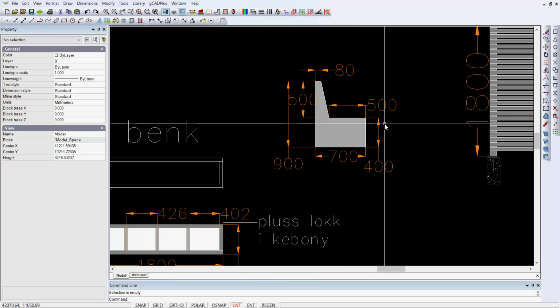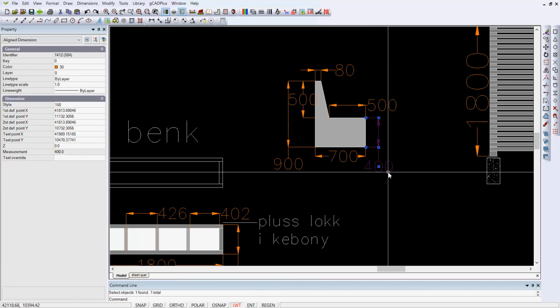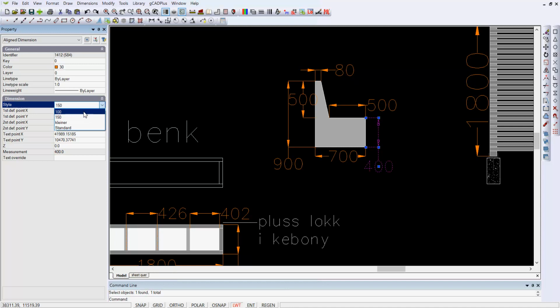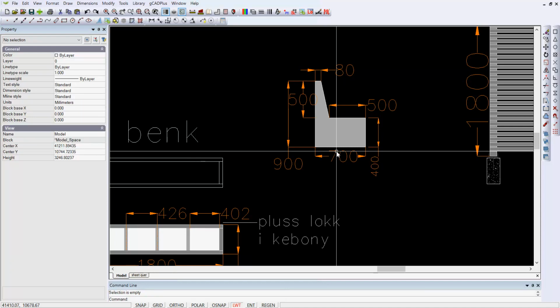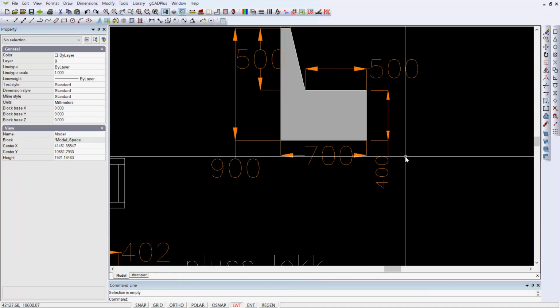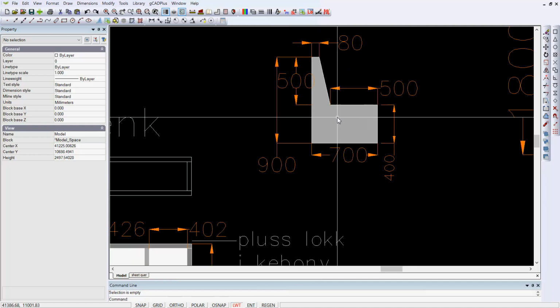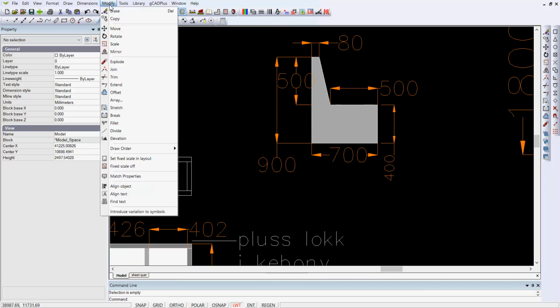and you can argue that the text height here and the offset's not quite what you want, so it becomes a very easy matter to set the dimension style, say of one of them, change it from 150 to a new one, 100, and you can see what happens. We've now got an offset which you may or may not want, and the text height is reduced. So then to apply that to the other